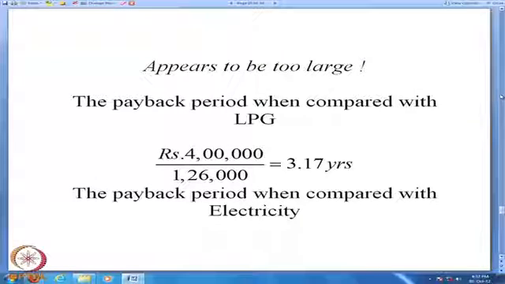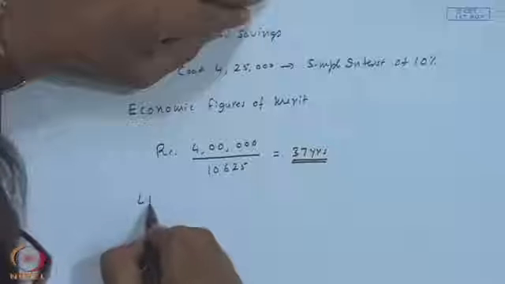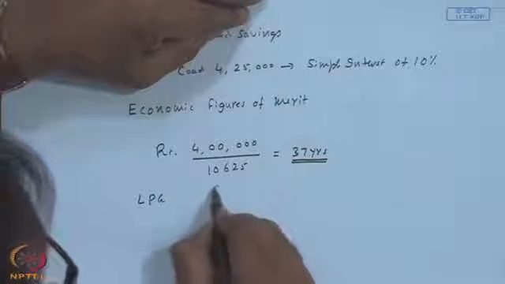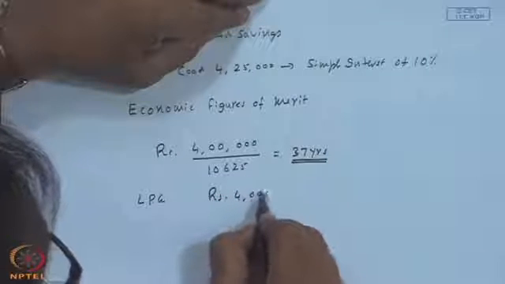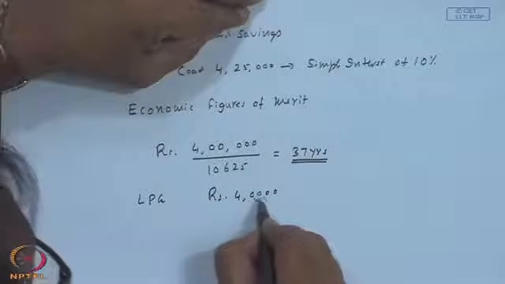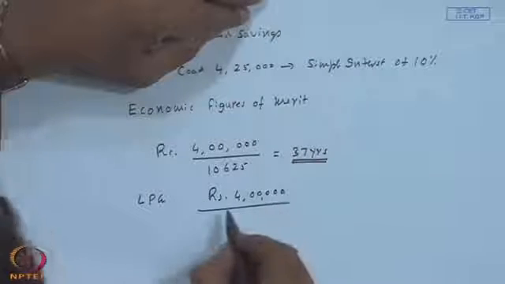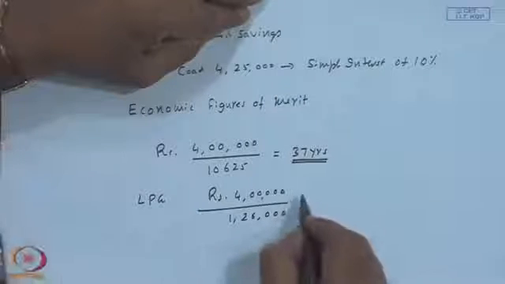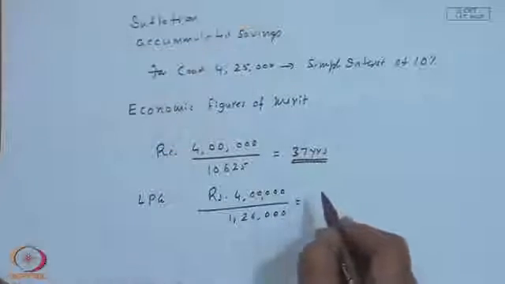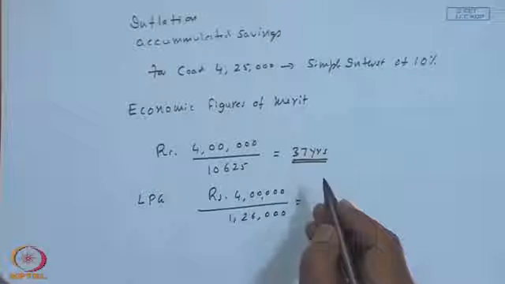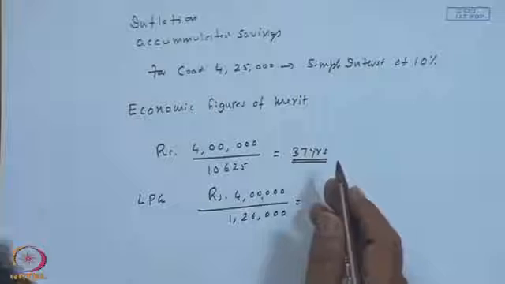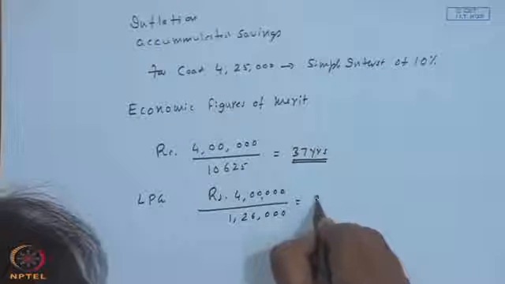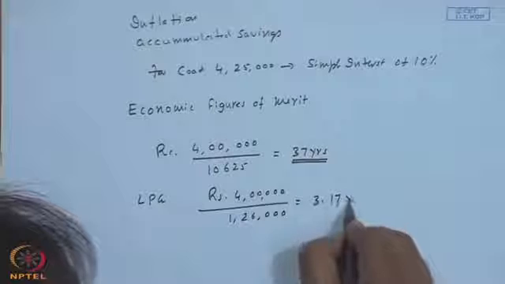It appears to be too large, it is surprising. I will check myself once again. You can also do the same thing, including the prices. Then if it is LPG, this is Rs 4 lakhs by 1,26,000. The ratios seem to be correct, because the price of 1 kg is 35 and the calorific value of the fuel is higher. So, this comes down to a drastically low 3.17 years,